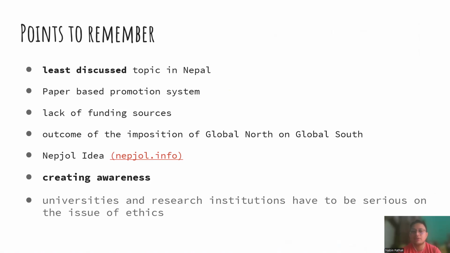Regarding the idea of Nepal Journals Online, I personally feel that we need to address what the journals are and what their peer review processes are, to ensure peer review practices, or we need a certain kind of directive, a certain kind of act that ensures the peer review and publication process. There might be certain journals that want to go for open access, with a certain price. So what could be the measure for that? These things could be integrated with Nepal Journals Online, which could help increase the scientific rigor and clarity of our journals in coming days.